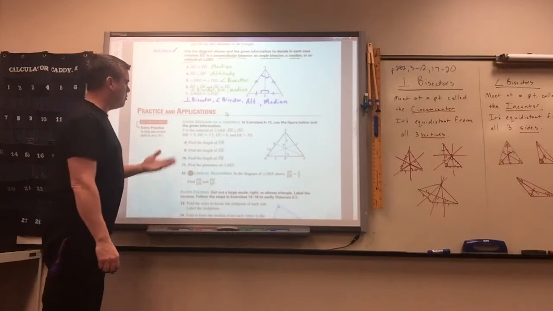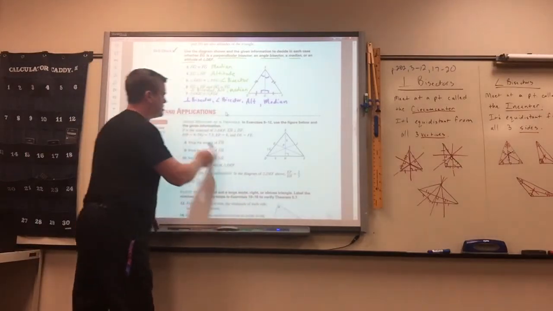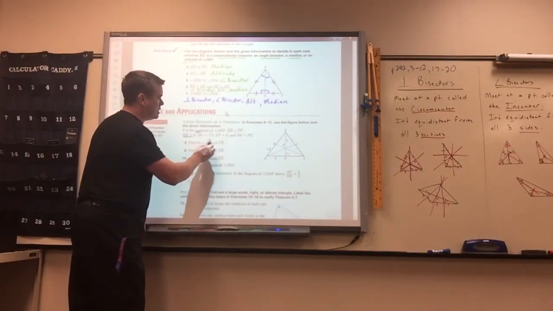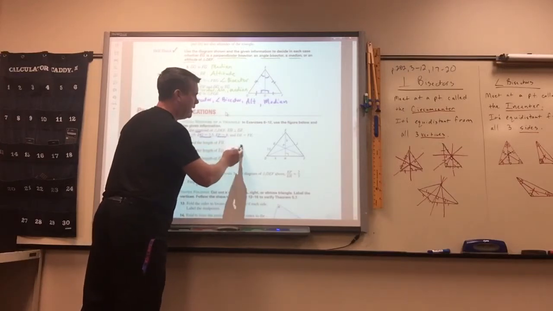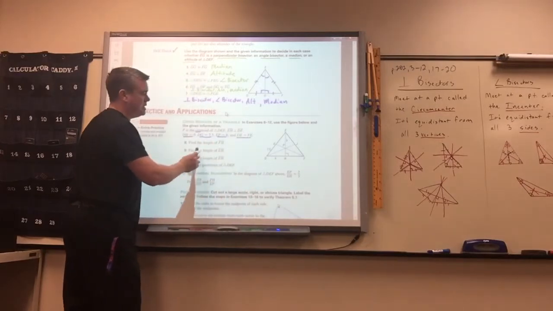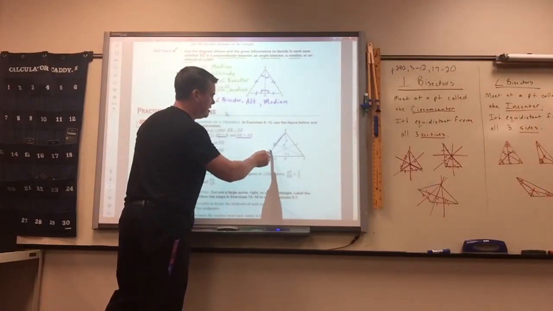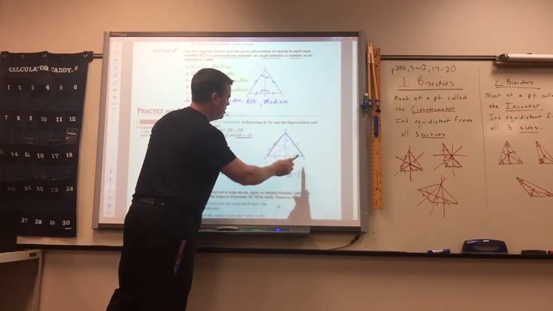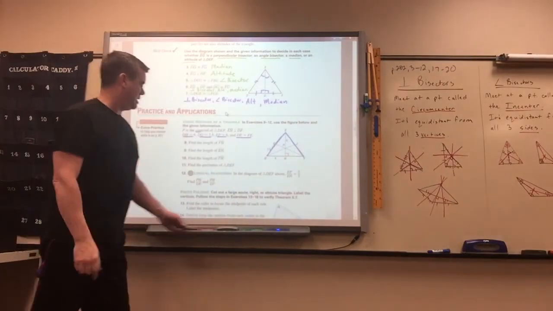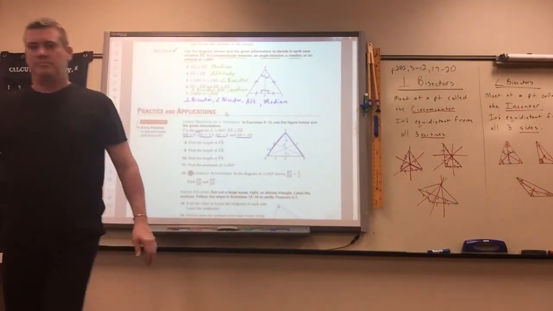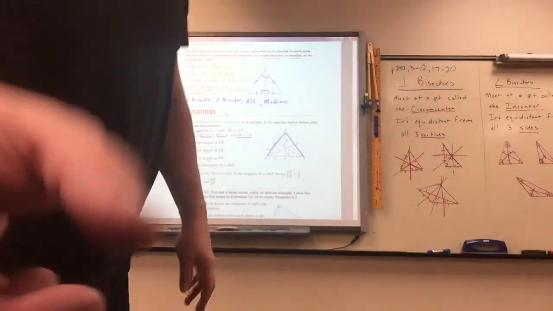So in here now, remember, this has to do with the centroids. They give you what some lengths are, and they also tell us DE equals FE. So that means this side equals this side. So then you just have to find the lengths and all that stuff. Wait, for DH, since DH is 9, FH